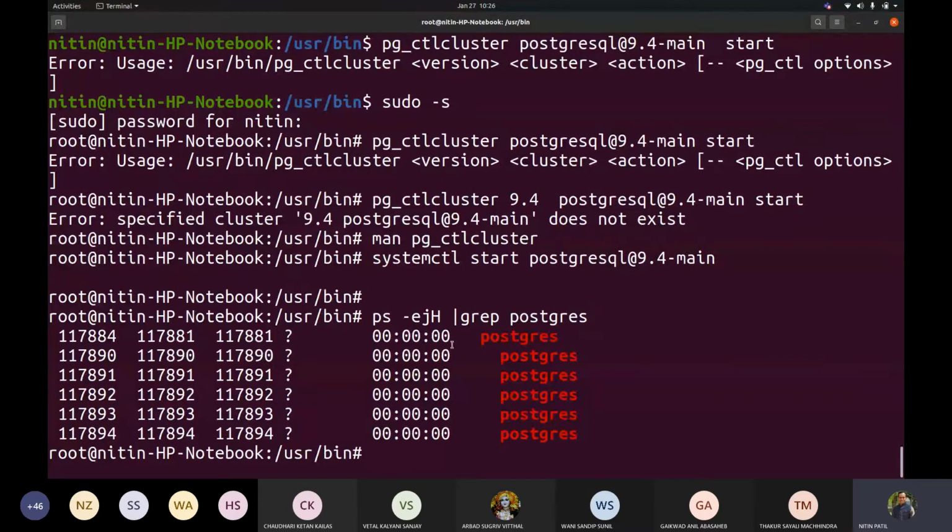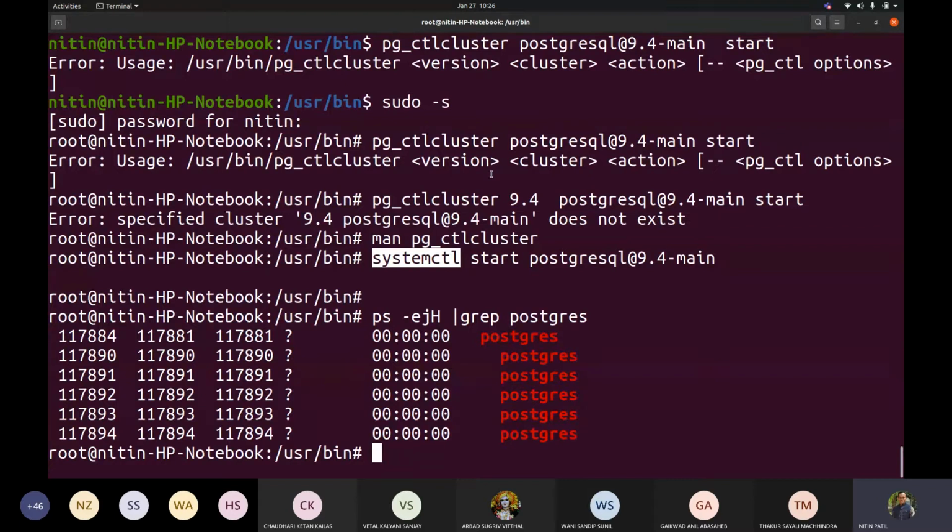But if I see the version from 11 onwards, it is suggested not to make use of systemctl, and I have to make use of pg_ctlcluster. Fine. How many of you have installed a version more than 9.5, above 9.4? The majority of you did, right? 11 or 10, even 13, and so on. So, considering this,